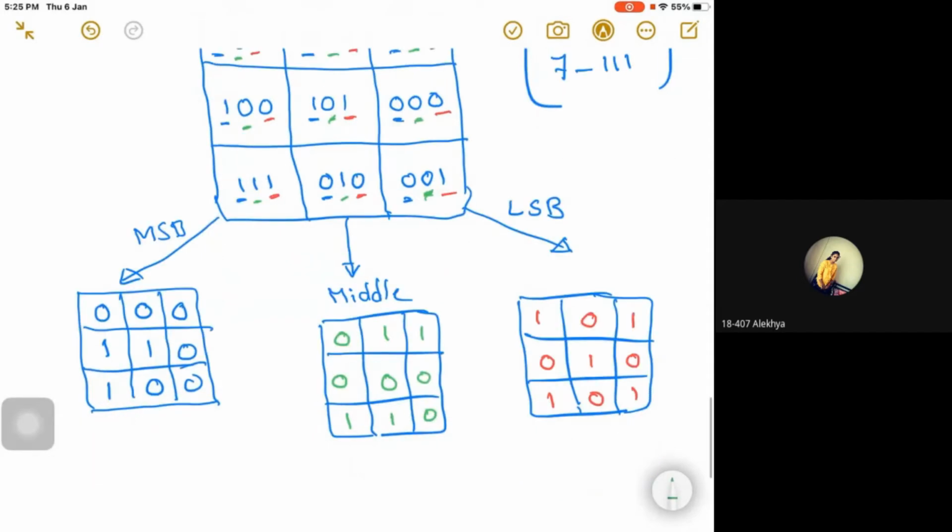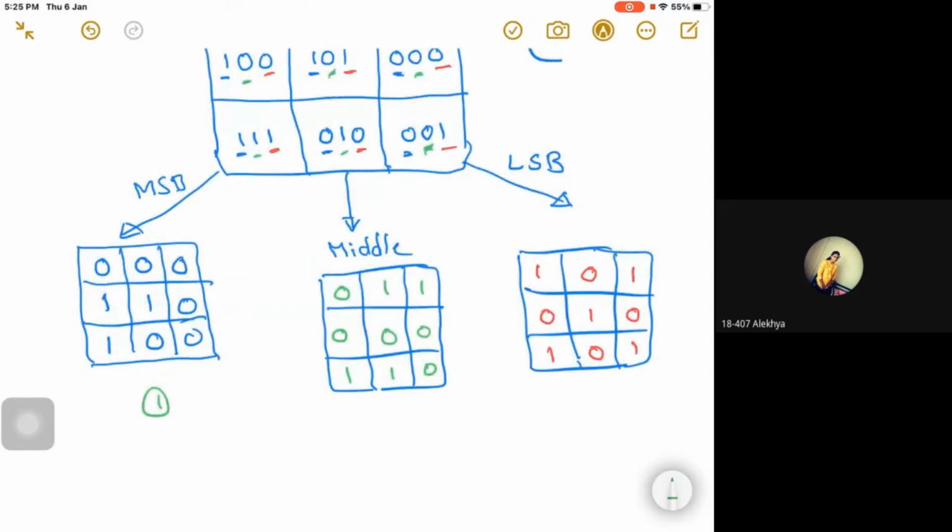So these are the 3-bit planes of the given 3-bit binary image. That means the given 3 by 3 image was sliced into 3 planes: the MSB plane, middle plane, and LSB plane. Here we have exactly 3 bits and we got exactly 3 planes. If we have more than 3 bits, how will the middle be? There will be no problem with LSB and MSB. For the middle you can have more than 1 plane, so you can take them combined.